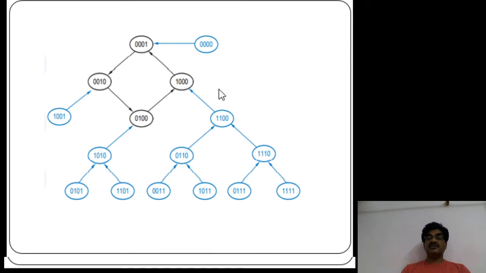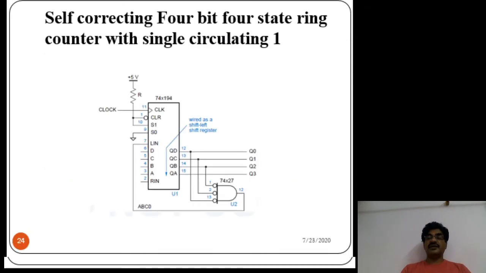So it is possible by modifying the previous design by including a bubbled AND gate. A bubbled AND gate also acts as a NOR gate. Here a 3-input bubbled AND gate means its functionality is equal to a 3-input NOR gate. So by including this gate, you can avoid that error state, and it automatically comes back to the original state. You can apply and check this.